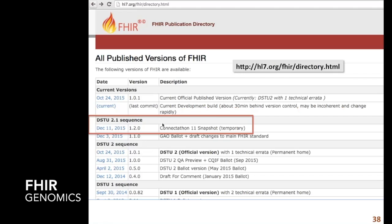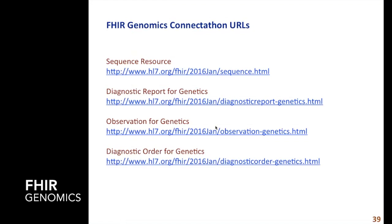If you look at the Connectathon snapshot by clicking on this link, under the FHIR page, the directory, you'll be able to get the snapshot, the entire specification that we'll be working with in the Connectathon, which is in fact the one that our server, the virtual machine we give, includes. These are a few links if you'd like to look directly at the actual sequence information,